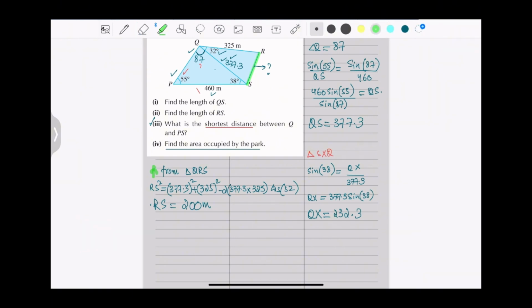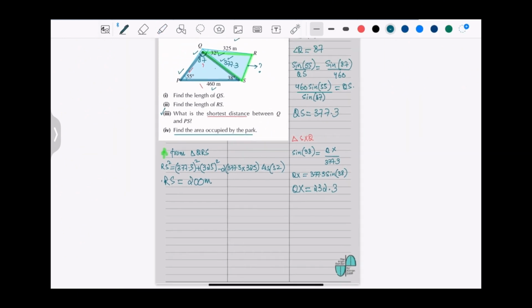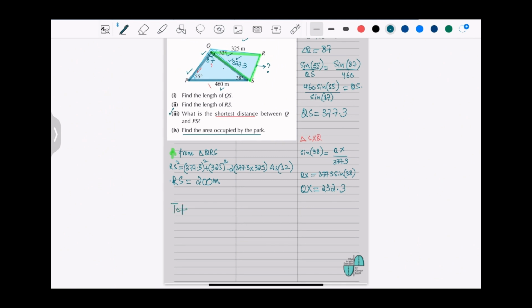So when we take two separate triangles, this and the other one is this one. Now, so total area of the park is area of triangle PQS plus area of triangle